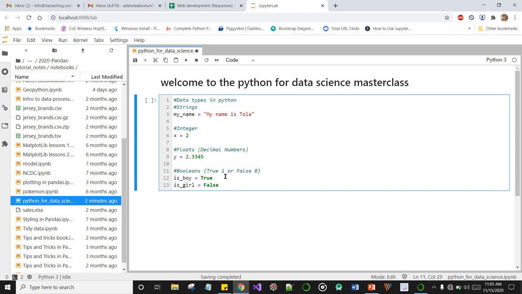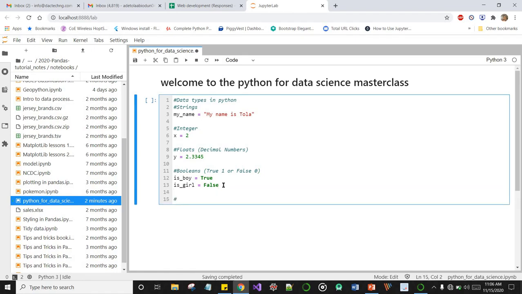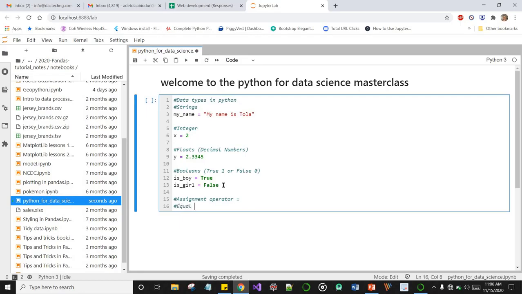And worthy of note is for you to know that in Python, this is not an equal to sign. It is called an assignment operator. Okay, so equal to sign is an assignment operator, and equality takes a double equal to.